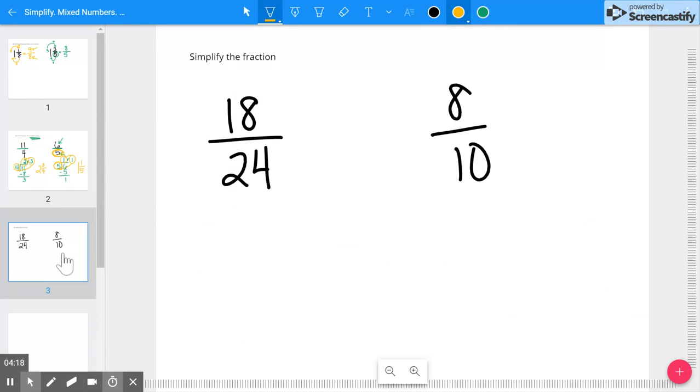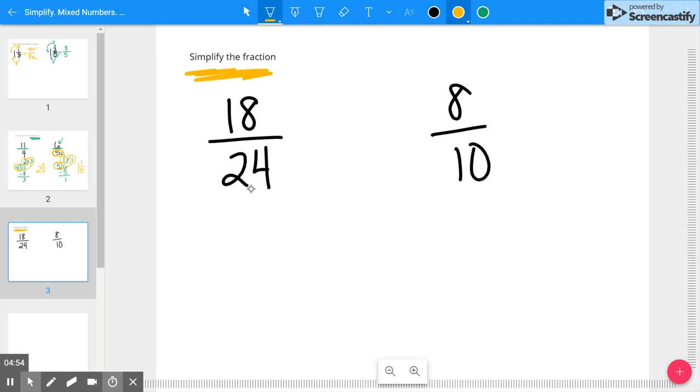So let's look at one more thing that you might encounter as you are adding or subtracting fractions or whole numbers. It's this idea of simplifying your fraction. In order to simplify, you are trying to divide the numerator and the denominator by the exact same number. And you know you're in simplest form when the only number that you can divide the top and bottom by is 1. So you need to keep trying until you can get this fraction as small as possible. Then you know you're in simplest form. So if I have